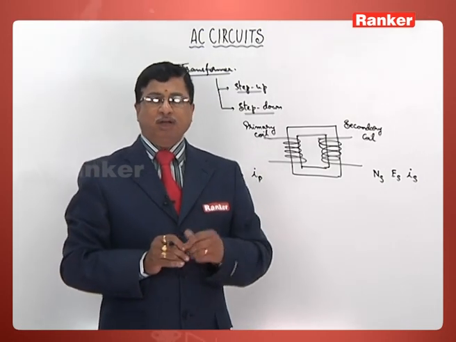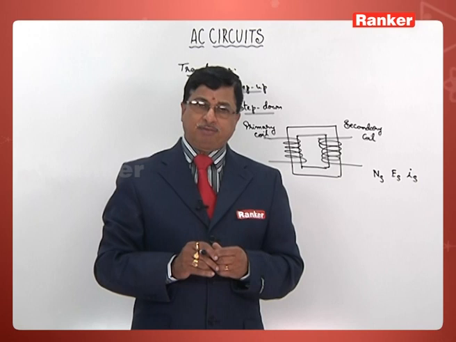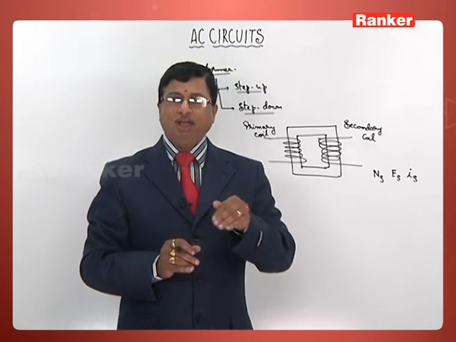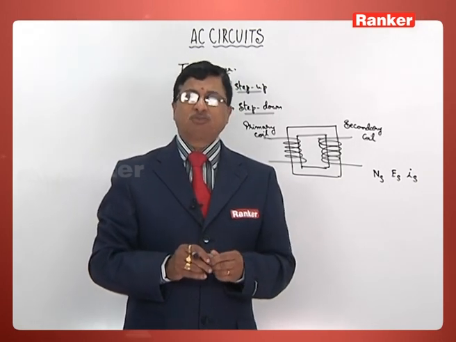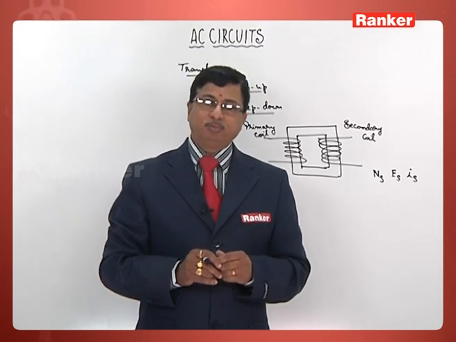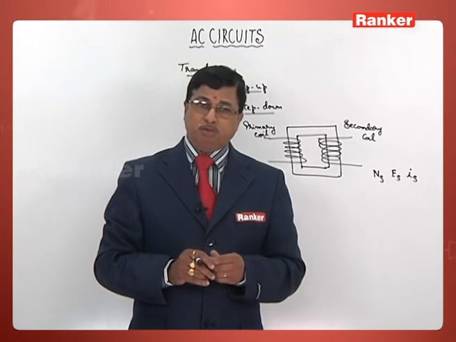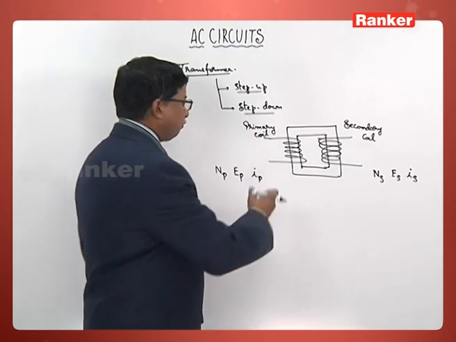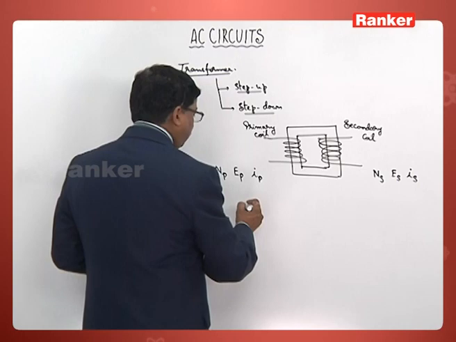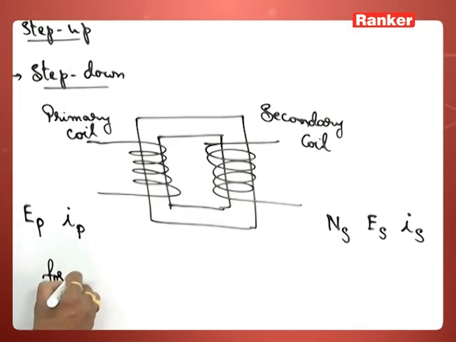But while doing calculations, we always refer to a transformer as an ideal one. And what is the basic condition for an ideal transformer? The condition is quite simple to understand. For an ideal transformer,